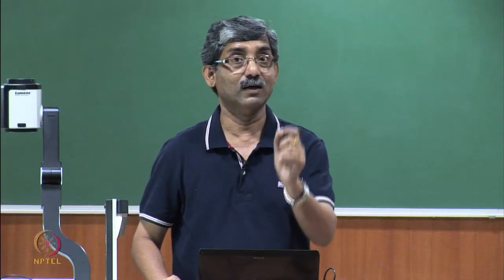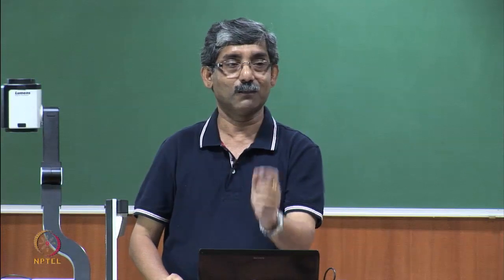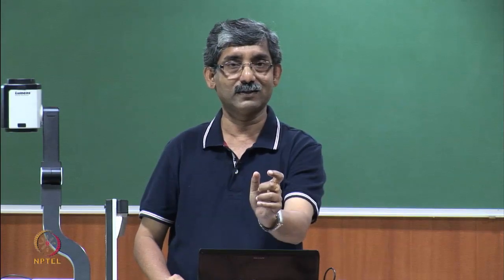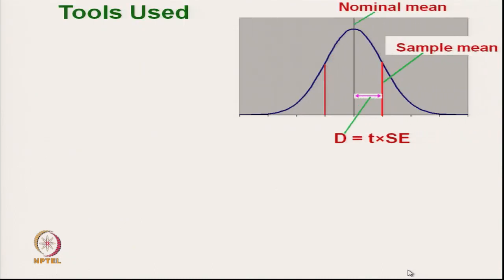That means, out of 100 data, 99 times the probability is that the population mean will also lie within that range. This range is known as the confidence interval. Okay. Now, let us see what are the tools we use to understand the